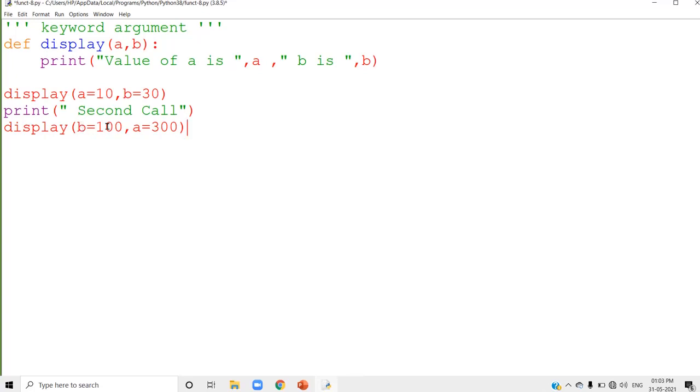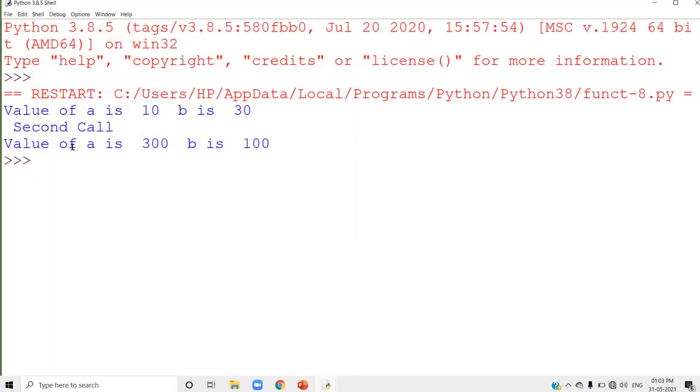So what we are expecting is value of a is 300 and value of b is 100. Just check it in the second call. See, in the second call, value of a is 300 and value of b is 100.